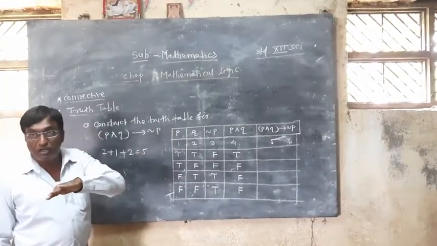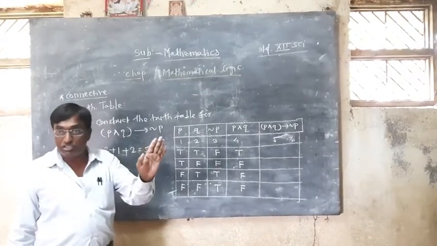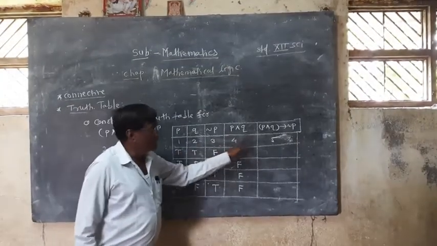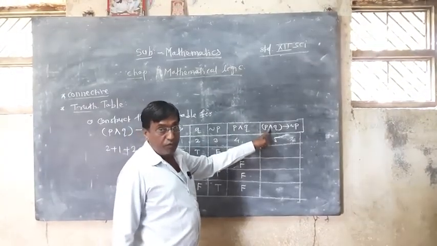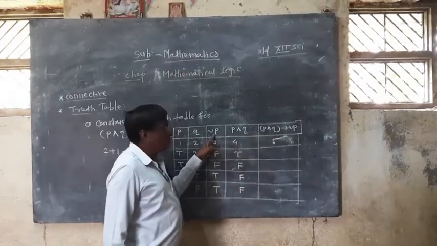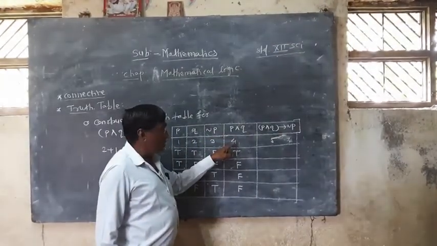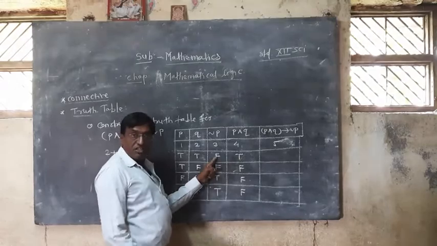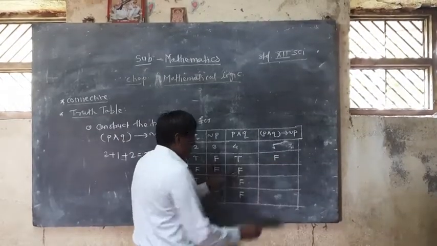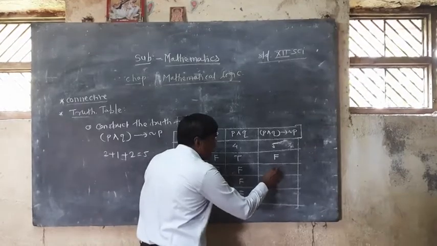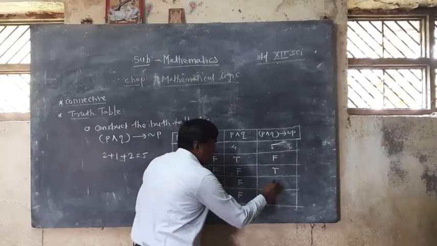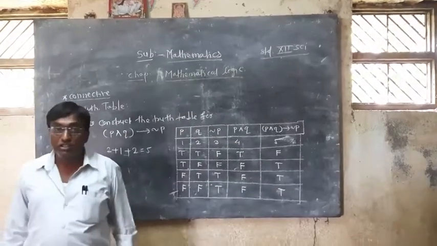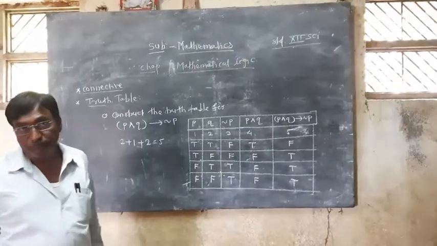And now implies. Implies means that if the first statement is true and the second statement is false, then our answer is false. Otherwise it is true. Now see here, column number 4 is the statement P conjunction Q, and the negation P is column number 3. Direction is very important, so you go from column number 4 to column number 3. Here T, F, yes, this situation, so the answer is F. Here T, F, no, so the answer is T. Again T, F, no, so T. Again T, F, no, so T. By the way, this table is called the truth table for the given statement.